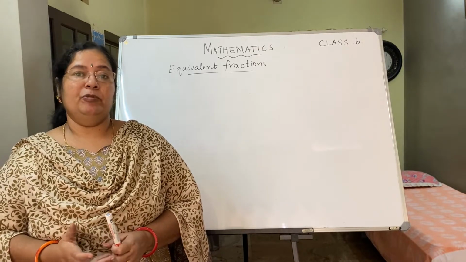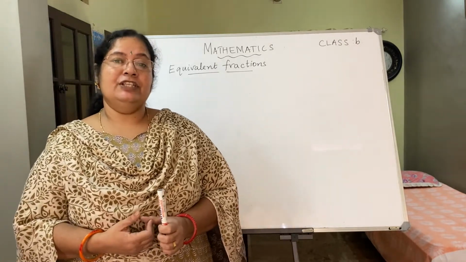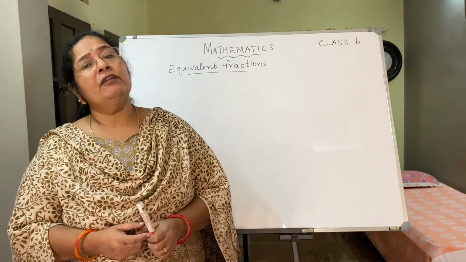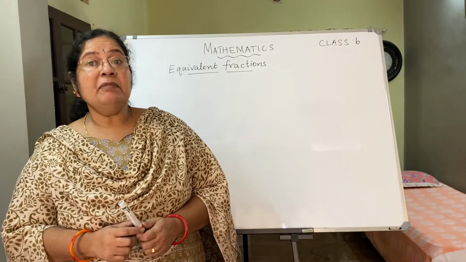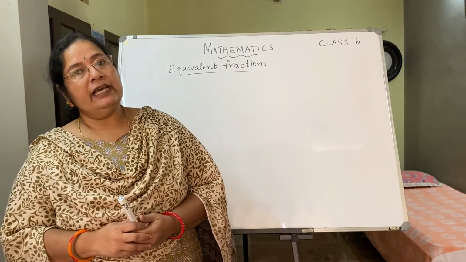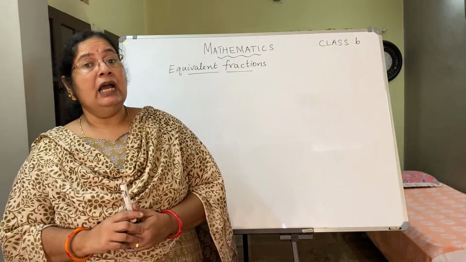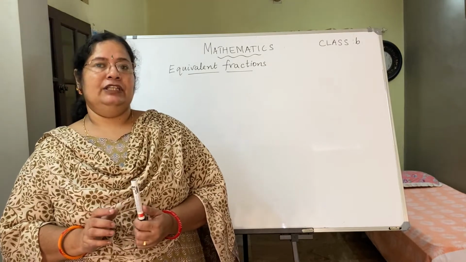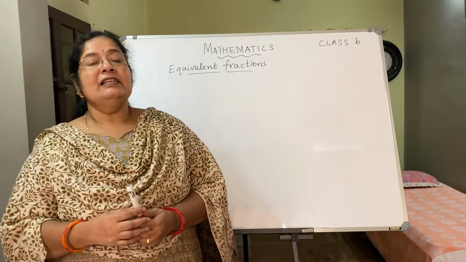We have learned about proper fractions, improper fractions, unit fractions, like fractions, unlike fractions, and also about equivalent fractions. Now, what are equivalent fractions? Fractions which have the same value or fractions which are equal are called equivalent fractions. Also, we have learned how to find equivalent fractions for a given fraction. Given any fraction, how to find its equivalence. So, how do you find that?